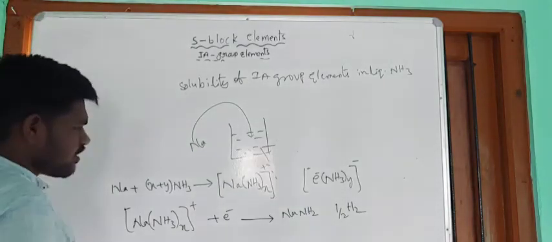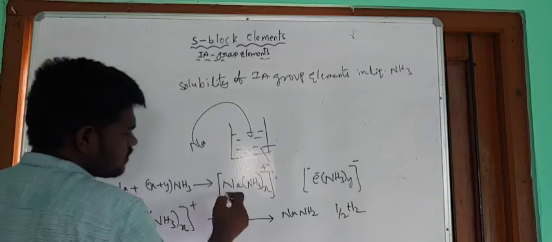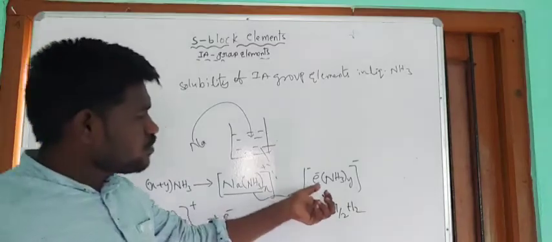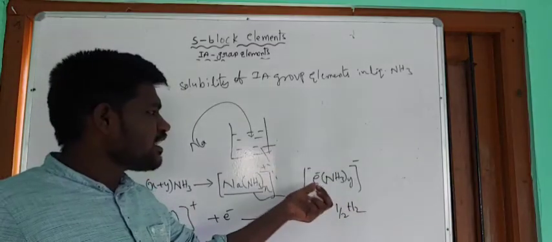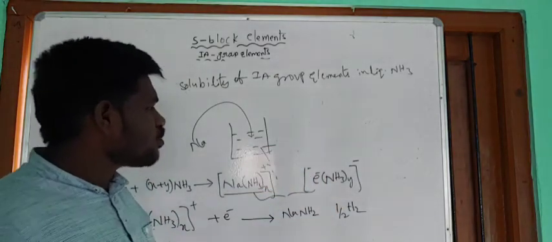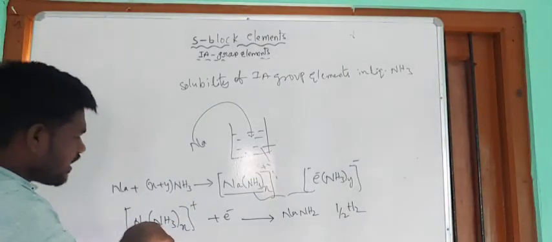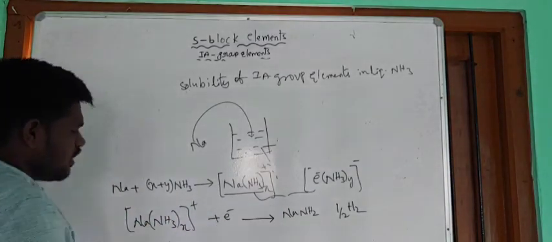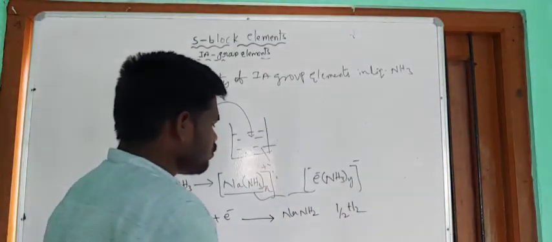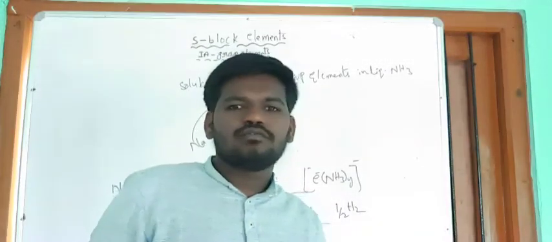Okay. So, first when sodium is dissolved in ammonia, you get this complex, and one electron is also present. During the excitation and de-excitation, this electron liberates radiation, which is in blue color. On long standing, this electron is gained by the NH3, and this comes as NaNH2, and hydrogen gas is released. Due to the formation of this, the color changes to bronze. So right, this is about the first A group elements.